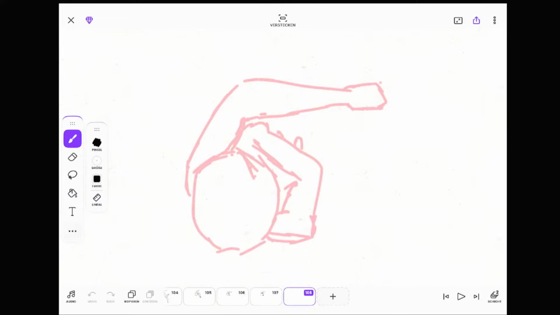Okay, so I can do a little bit different frame right here.